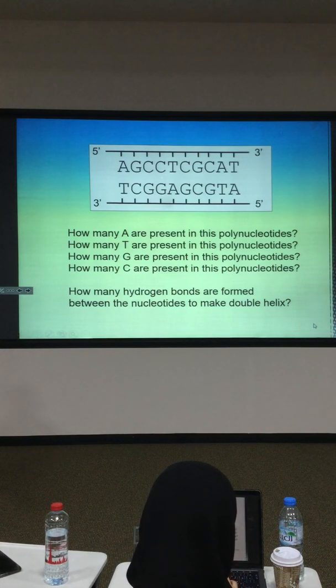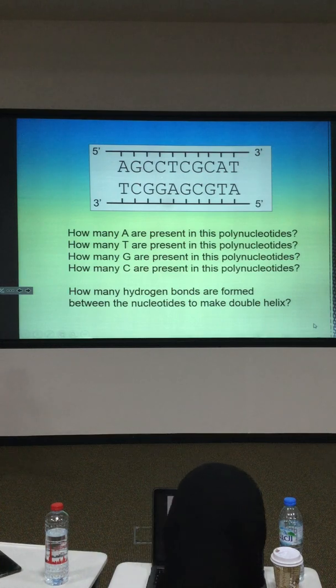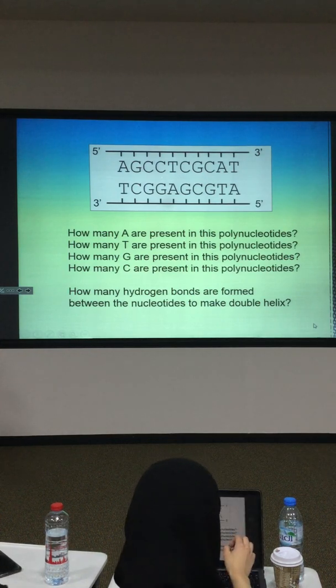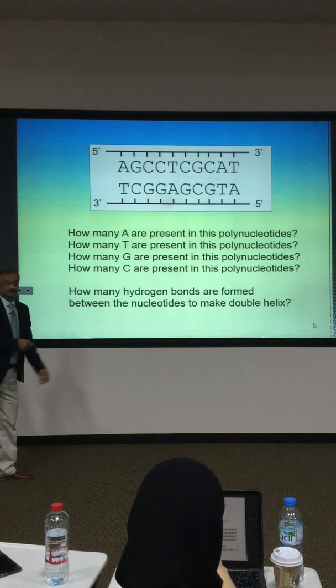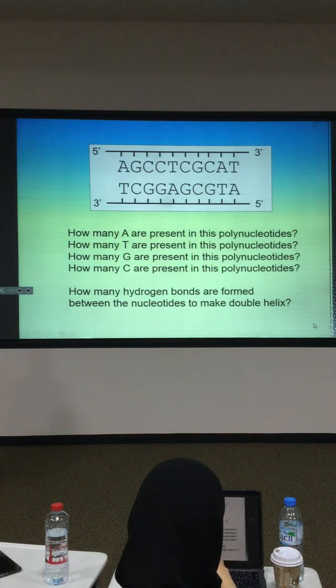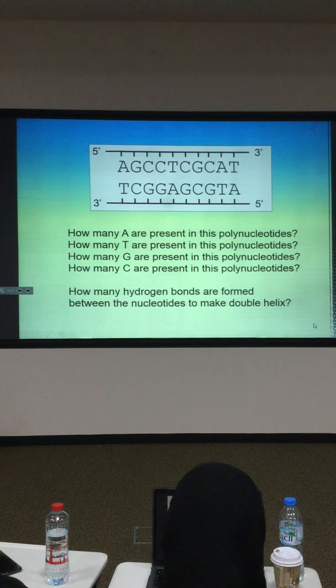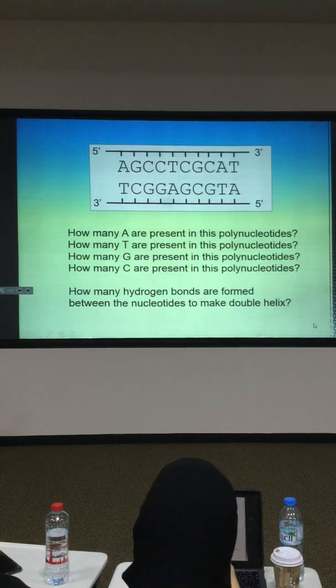Based on the CG, 3 times 2, so you can find out how many hydrogen bonds in total in this double helical structure. I think this will be very simple. Okay, if I ask you how many hydrogen bonds